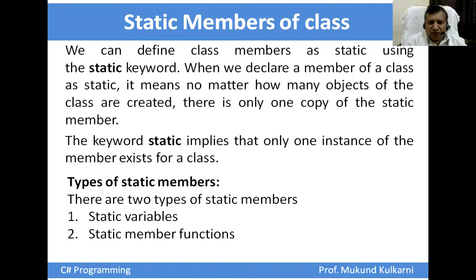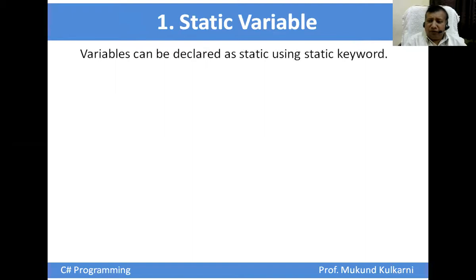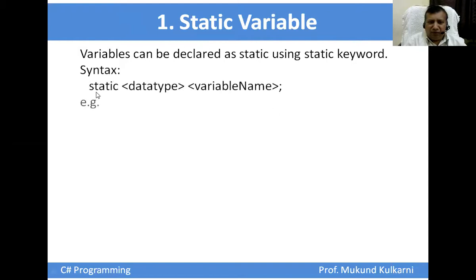Now we are going to discuss static variables, which are new, which we have not used till today. The first point to discuss is the static variable. Static variables are declared by using the static keyword, and the syntax is as shown here. First, we write the static keyword, followed by the data type and then the variable name. Here I'm giving one example, static int x. So here x will be a static integer.